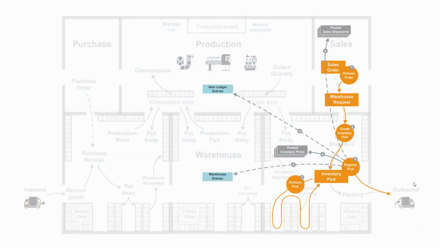I will show you a complete flow in Business Central with a location that requires bins and picks, but no warehouse shipment and therefore also no directed put away. And the flow will reflect what you can see on the screen, meaning I will create a sales order, release it, create an inventory pick, perform the pick, and register it. Let's see how it works in Business Central.